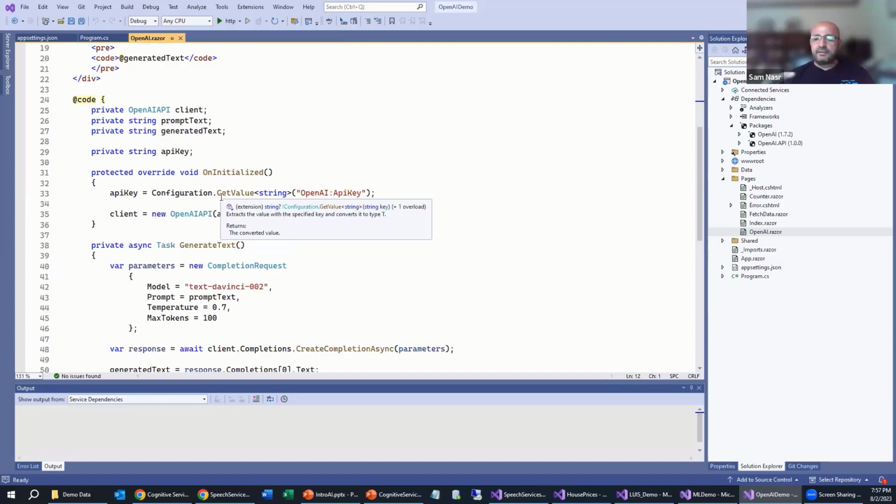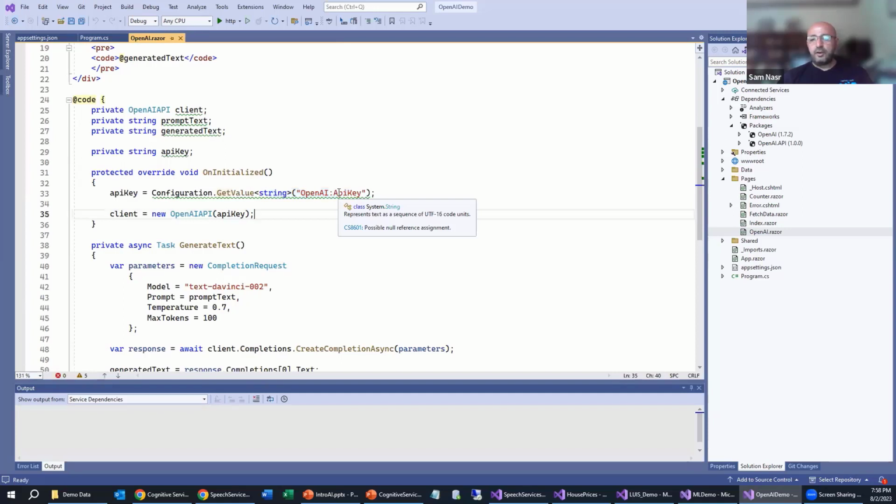Now, just like I did with Azure, everything had to revolve around a key. So we have an OpenAI API key that I'm utilizing, that I'm retrieving from my JSON file, where I'm storing all my settings. So that key is stored there. To get this key, simply go to openai.com and register as a new user.